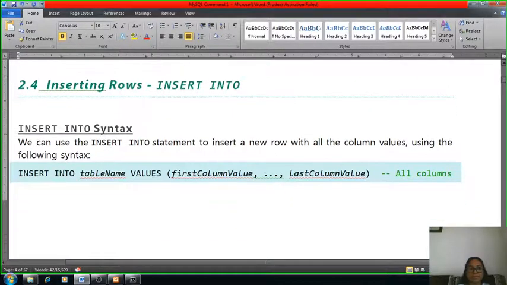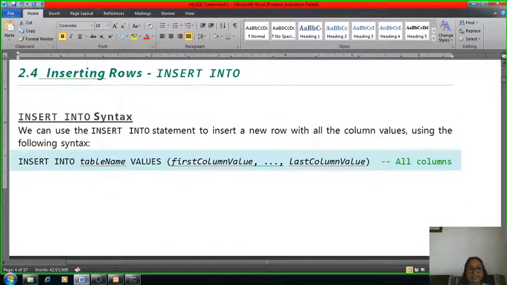Now the next thing is how to insert data inside this table. We have successfully created a table, and now we want to insert data inside it. The command is insert into, name of the table, values. Insert and into are keywords, then give the table name in which you want to insert the information, then values, from the first column value through the last column.